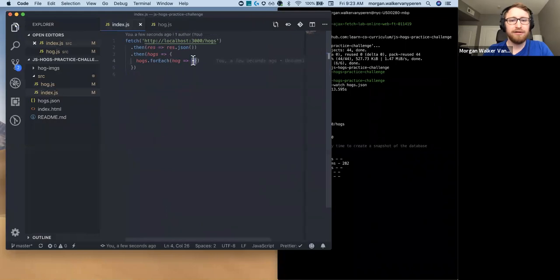So for each hog, we'll go ahead and create a new one. So we can say new hog. And I have to pass it the arguments. So ID, name. No, these aren't things that we can just do though. That's all part of my hog data. So I need to say like,